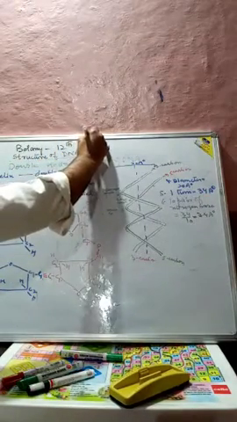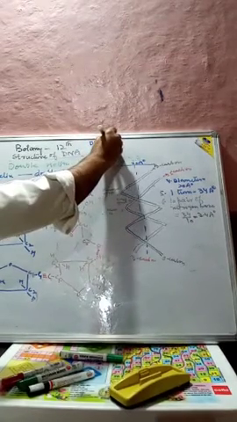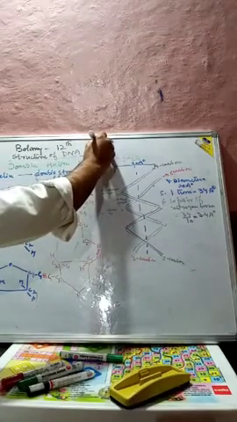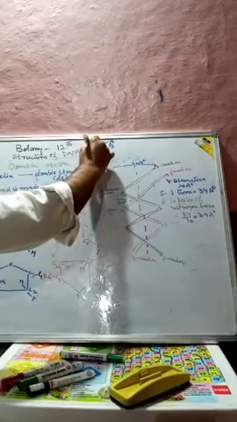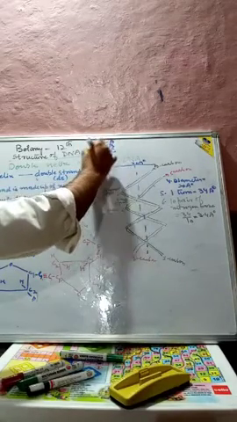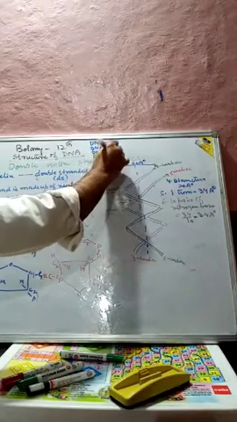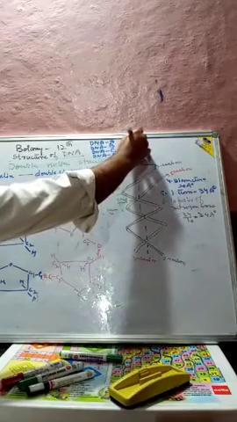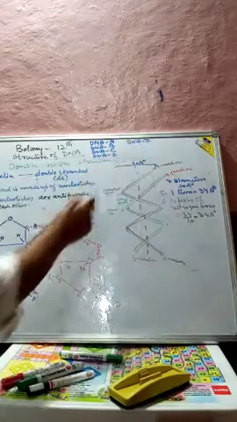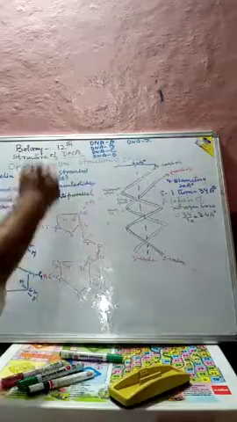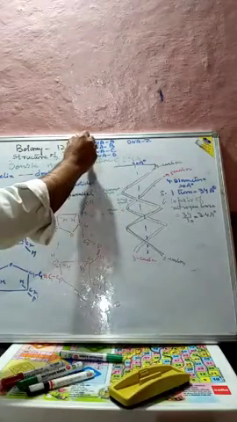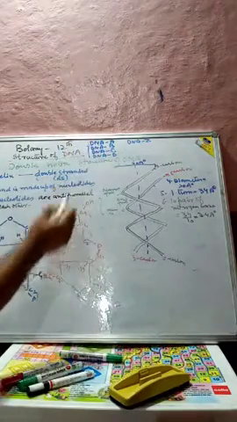These are DNA A, DNA B, DNA C, DNA D, and DNA Z. Watson and Crick have given us the different types of the DNA, the 5 types of the DNA. They are DNA